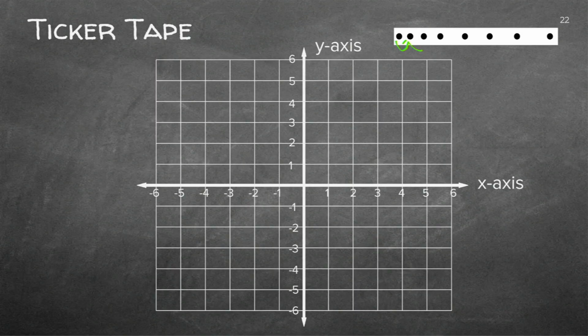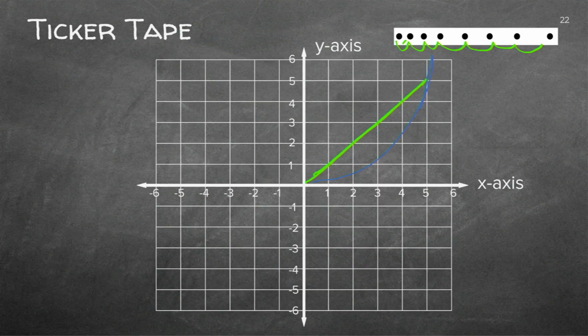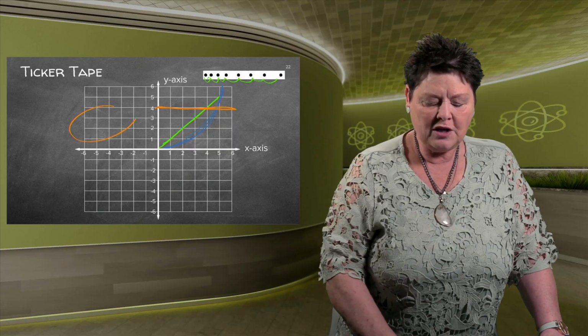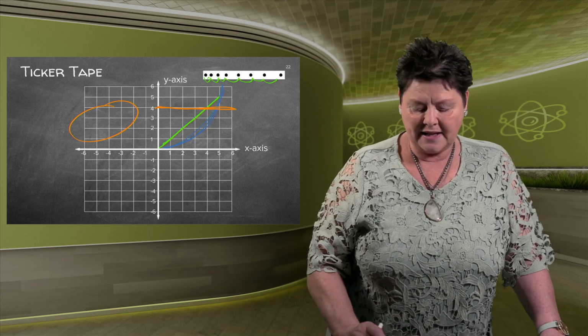What's happening here? This is going faster. So we know there's an increase in velocity or in position. The position will, however, be something like that. The velocity will be a straight line because you are accelerating, and the acceleration will be like that. So there's a few experiments that we'll do with ticker tapes, and they'll give you objects that are moving. You just need to know which quantity is on the y-axis, and that's the challenge.